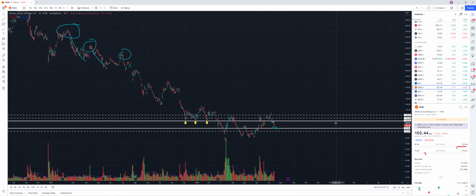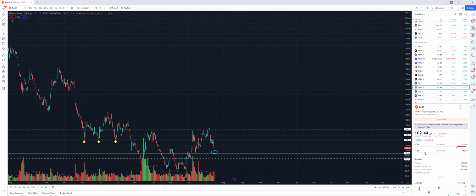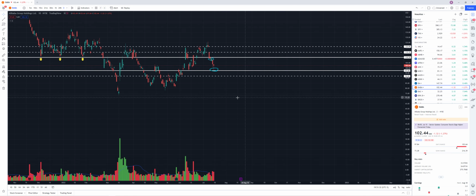Anyway, with this most recent trade that we did, I'll show you. Let's get out of this first. Okay, so here we go. This is the most recent trade I did. I set a trend line right here. It's not a trend line. I set a little horizontal support and resistance line right here. And I'll tell you why